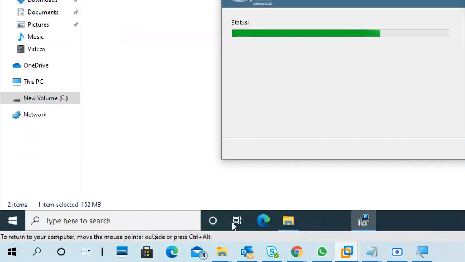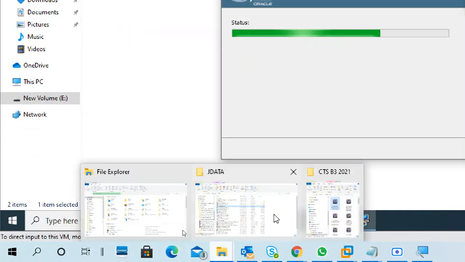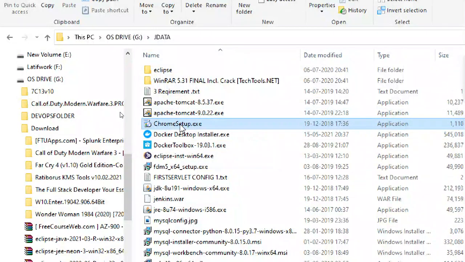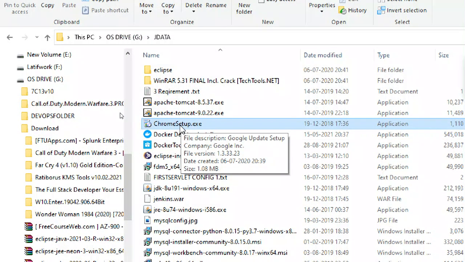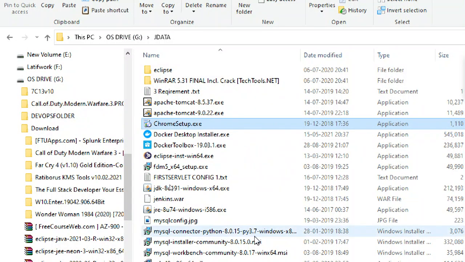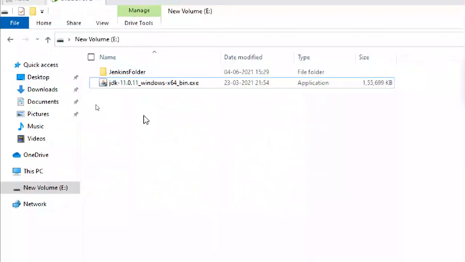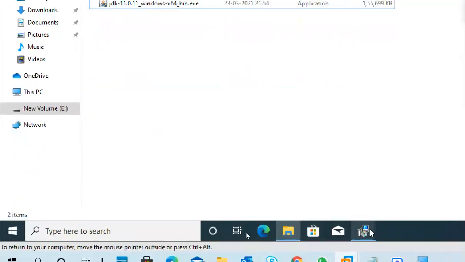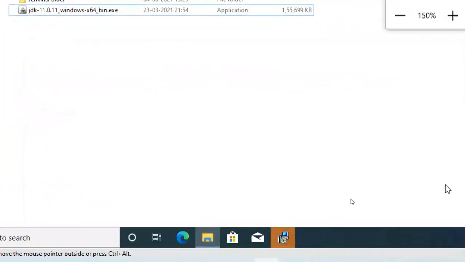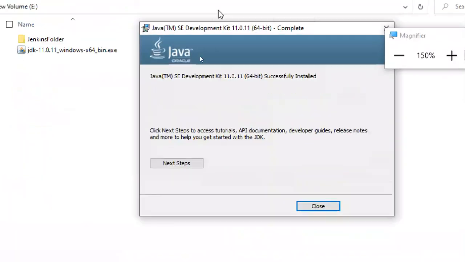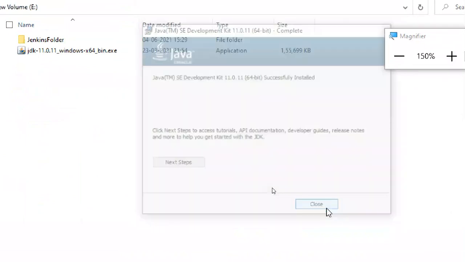It is installing. Meanwhile, I have the Google Chrome setup already here. I already downloaded it. I'm copying it and trying to paste it from here to there. Yes, the installation is completed.